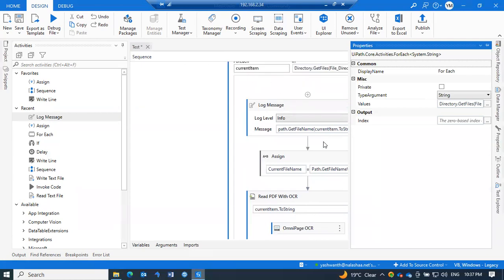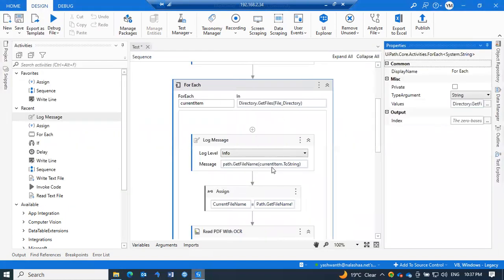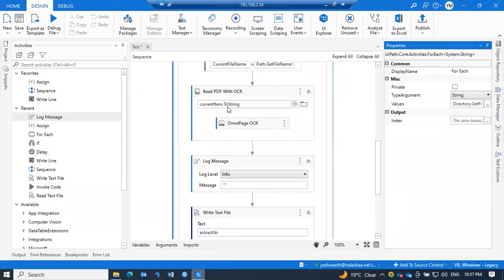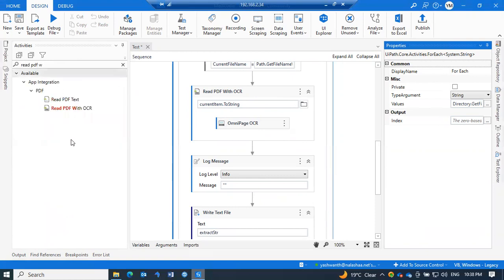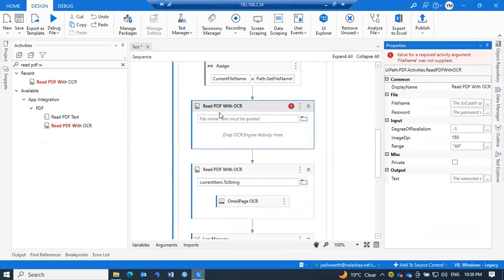You have to keep that in mind, or else you will face an error while navigating inside the for each loop. Okay, so here current item dot toString. Whenever we try to use this activity, I'll show you again. Last class also I showed you, but because the time was finishing, I couldn't cover it properly. Whenever you try to use this read PDF with OCR, you have to drop an OCR engine activity here. So when I give here current item dot toString,